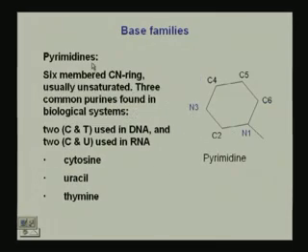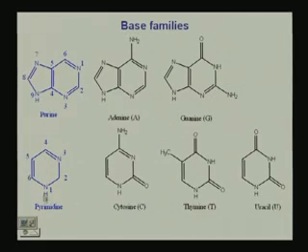family. If we consider the pyrimidine family, we have a 6-membered carbon nitrogen ring that is also unsaturated mostly, and the 3 common pyrimidines that we see here are cytosine and thymine that is used in DNA, and cytosine and uracil that is used in RNA. So, if we consider the purines and the pyrimidines together, we have adenine, guanine, cytosine, thymine and uracil. The 6-membered carbon nitrogen ring group being formed from the pyrimidine family, and we have the adenine and guanine formed from the purine family. And it is the linkage of these to the